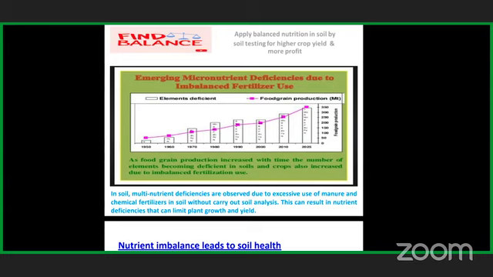But nowadays, what happens? Just to increase the yield, the farmers are putting the NPK fertilizers in a great amount so that they will get the better yield. But what happened? They haven't considered that putting the NPK fertilizer will eventually lead to a decrease in the micronutrient concentration.